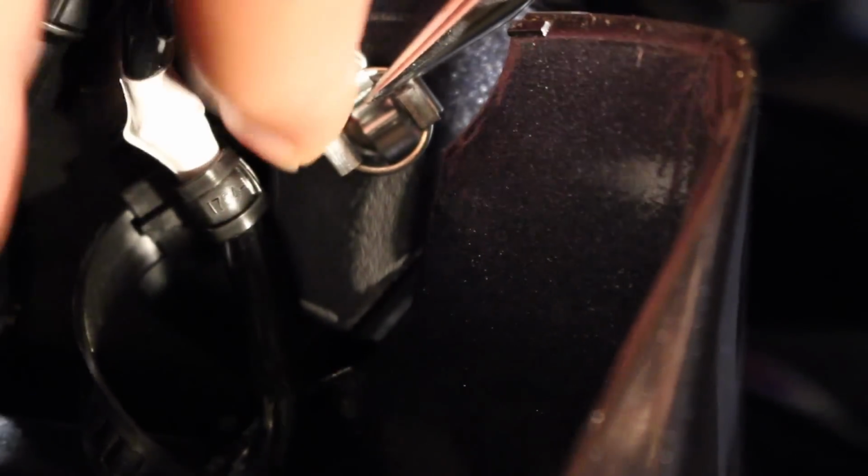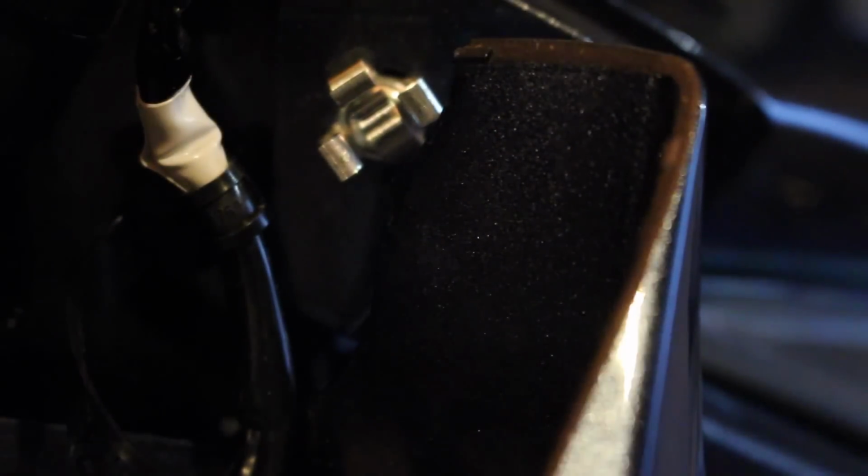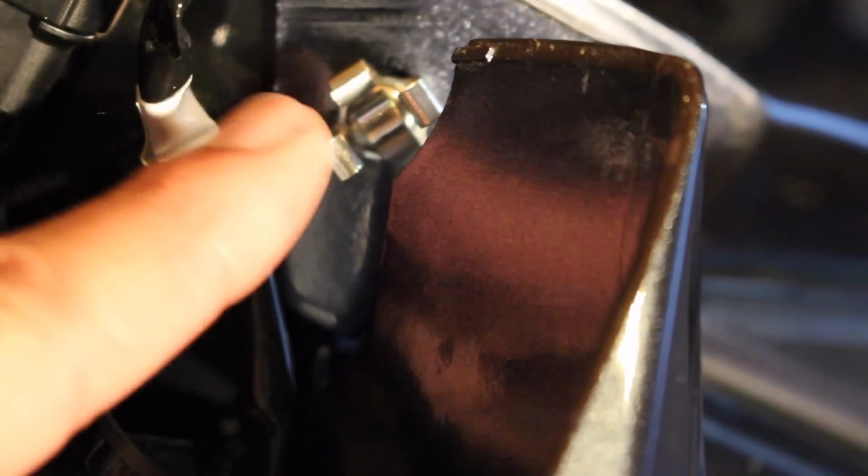I'll move my hand so you can see it a little better there. This isn't the easiest thing to get to, but now make sure you don't lose these two little rings. If you notice there on the edge, this whole little piece just kind of opened up a little bit. So put that rubber piece and that ring in a safe place,